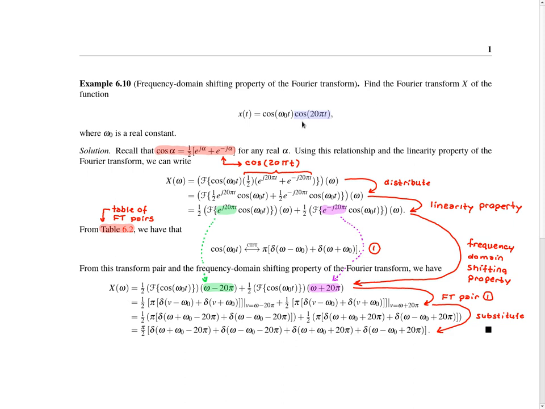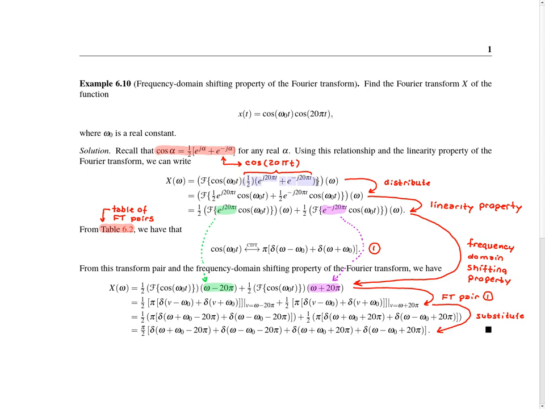In particular, we're going to rewrite the cos 20 pi t as a pair of complex sinusoidal terms. In other words, we're going to use a relationship like this highlighted relationship here to rewrite this cos 20 pi t as a pair of complex sinusoids. So if we do this, when we take the Fourier transform of this equation, what we're going to end up with is this next line here. And what we've done is we've taken the cos 20 pi t and rewritten it as a pair of